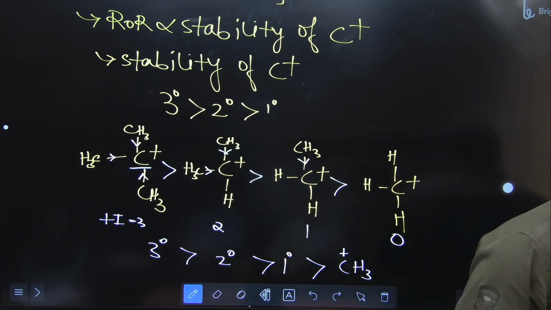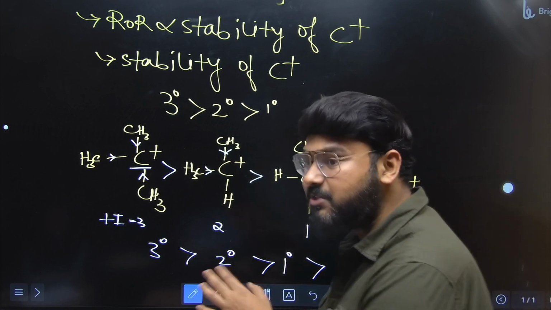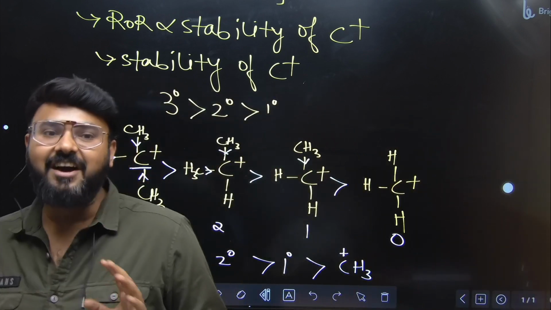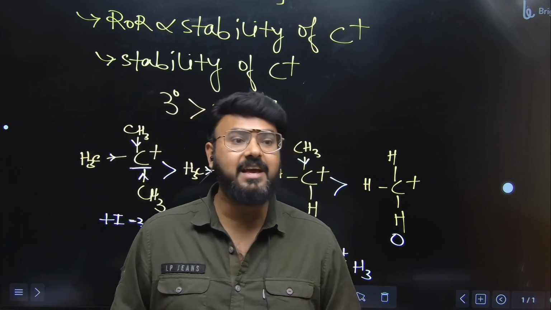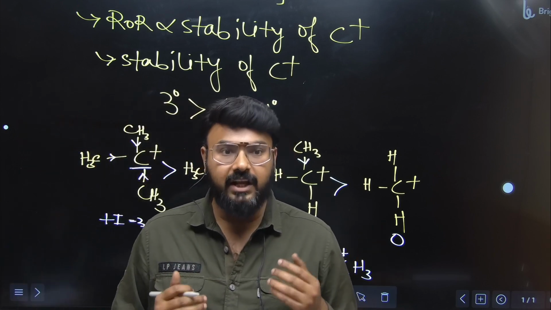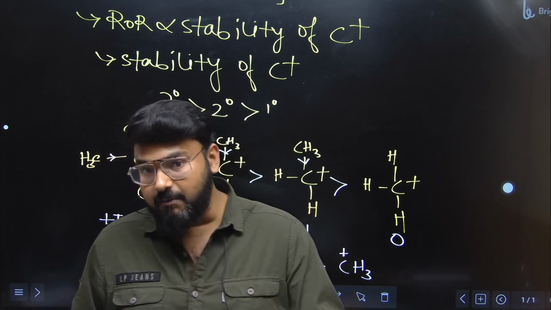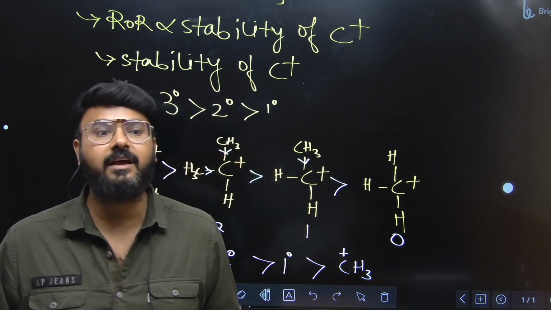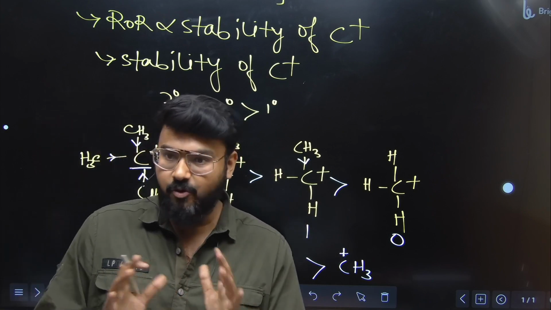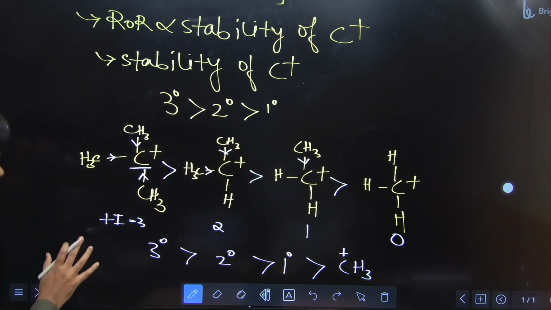All right. So nobody has a doubt, but this is only one reason: inductive effect, plus I effect. Plus I means electron donating group. They increase electron density. But there is one more reason which is stronger than plus I. However, they both support each other. So the other reason is